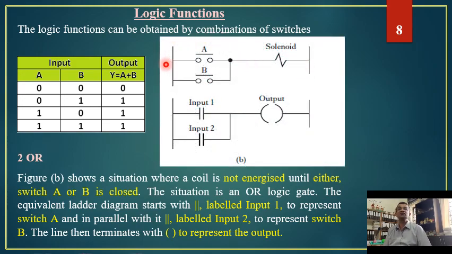The equivalent circuit for this one is input A and input B are two normally open keys or switches that are connected in parallel to each other. In AND operation, they are connected in series with each other. In OR operation, they are connected in parallel with each other and then to the solenoid. So there are two normally open switches, input 1 and input 2, connected in parallel, and that is connected to